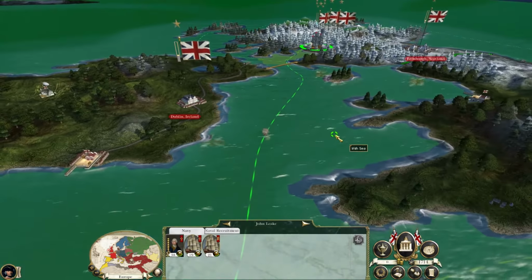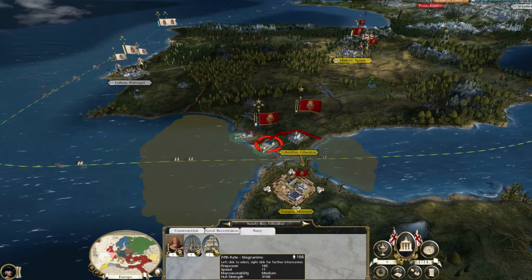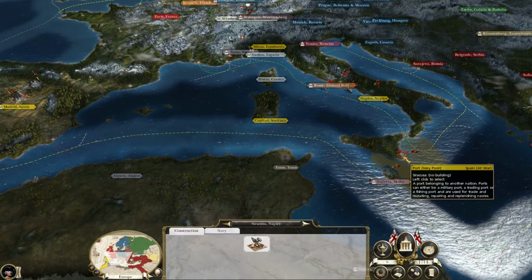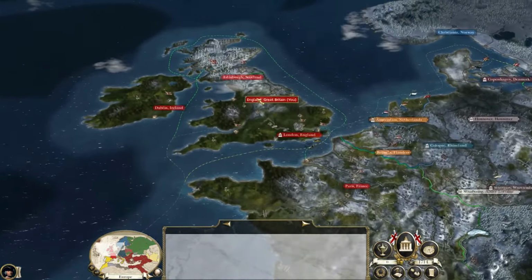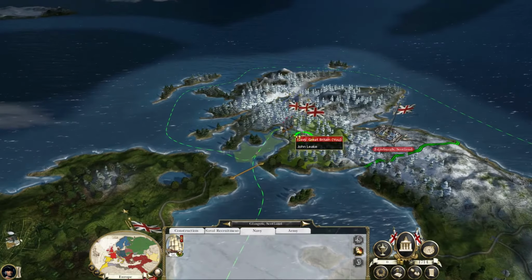We took a heck of a hammer. We're not going to be able to hold off any more Spanish fleets. Damn, they got those there. But we've just absolutely thrown everything we can at the Spanish fleets here. If they come for us now, we are in deep, deep trouble. So we're going to have to build an absolute ton of... Oh, thankfully we've got that one there as well. So he's going to join the...